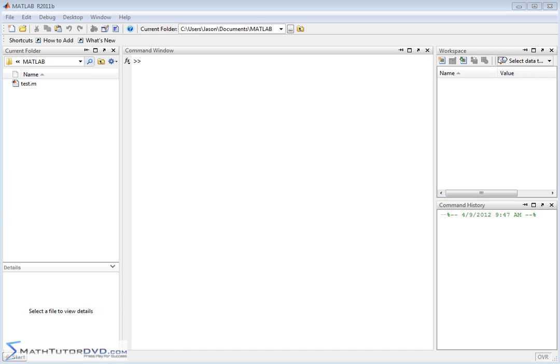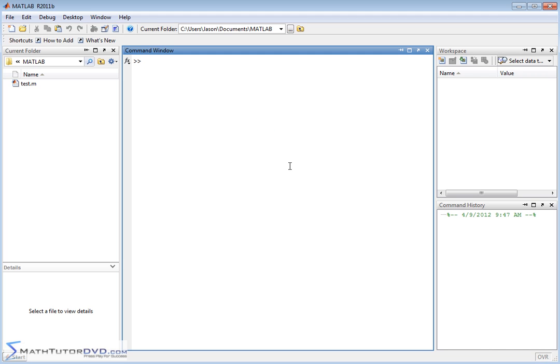Hello, and welcome to this section of the MATLAB tutor. In this section we're going to learn how to solve simultaneous sets of equations, and we're going to do it symbolically. So we'll be using the Symbolic Math Toolbox. In order to do that, as we've discussed before, we need to set some symbolic variables up. So we'll do a symbolic variable x, symbolic variable y, symbolic variable z, and we can see those pop